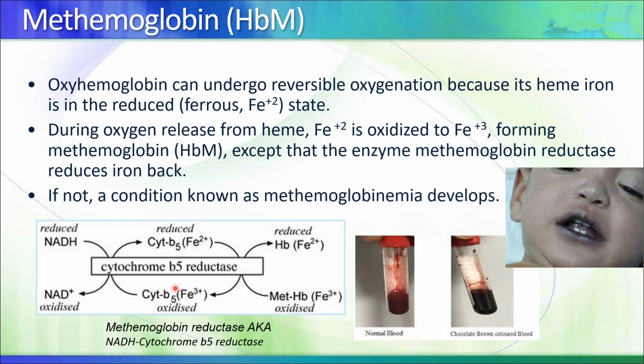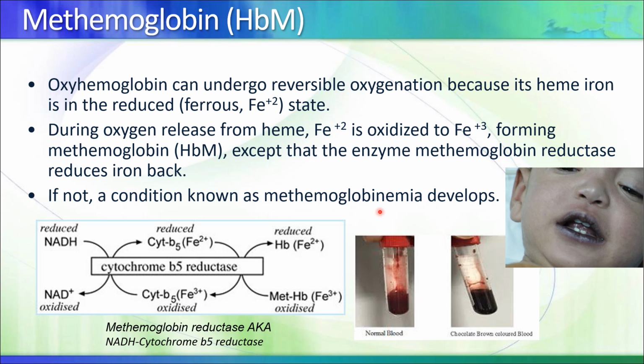This requires cytochrome containing cytochrome molecule within the enzyme itself, and that requires NADH as well. So you have oxidation of NADH and transfer of electrons eventually to iron. This reaction takes place, by the way, in red blood cells, of course. And the main source of NADH is glycolysis, and we will talk about this in the next lecture. So there's a condition known as methemoglobinemia, and